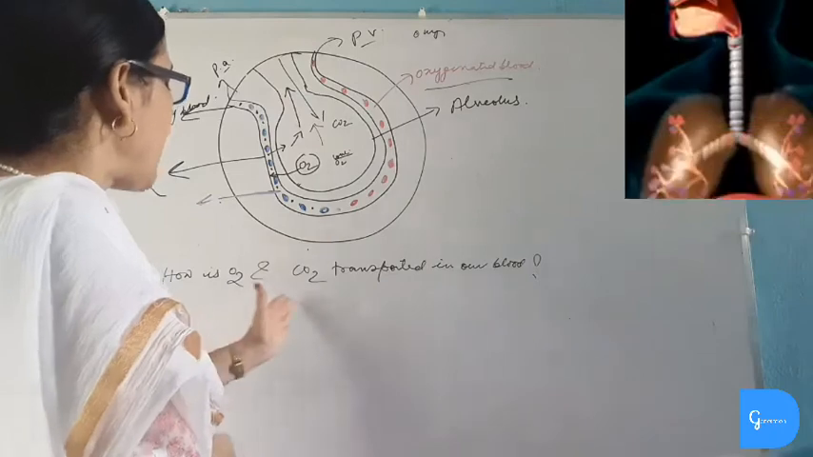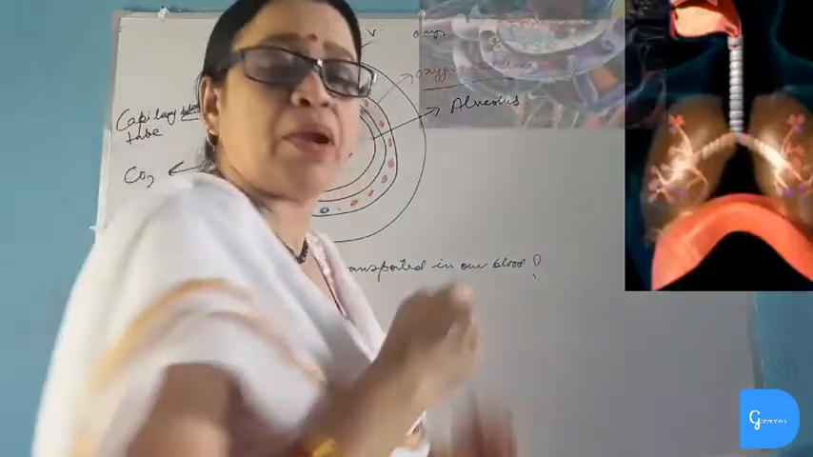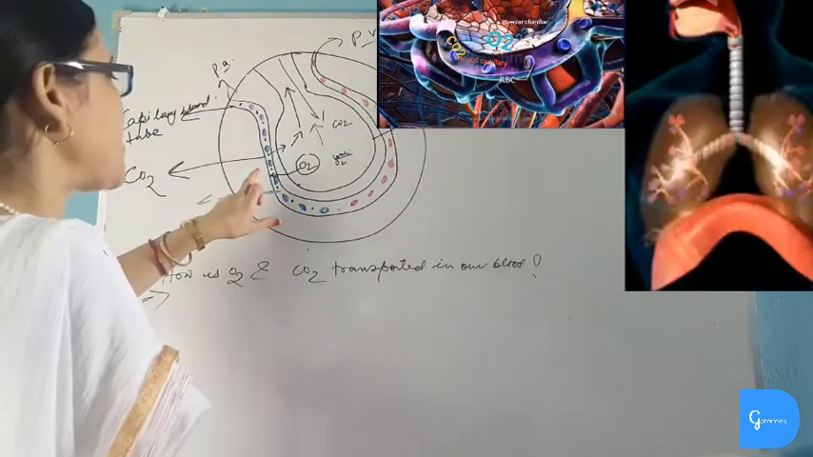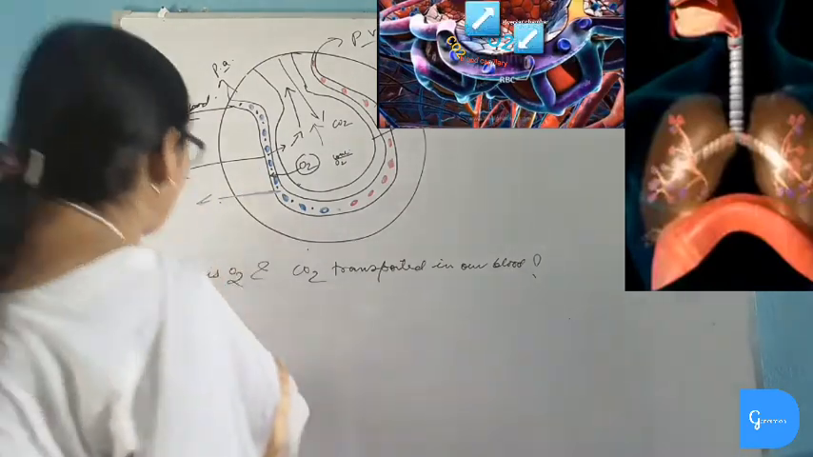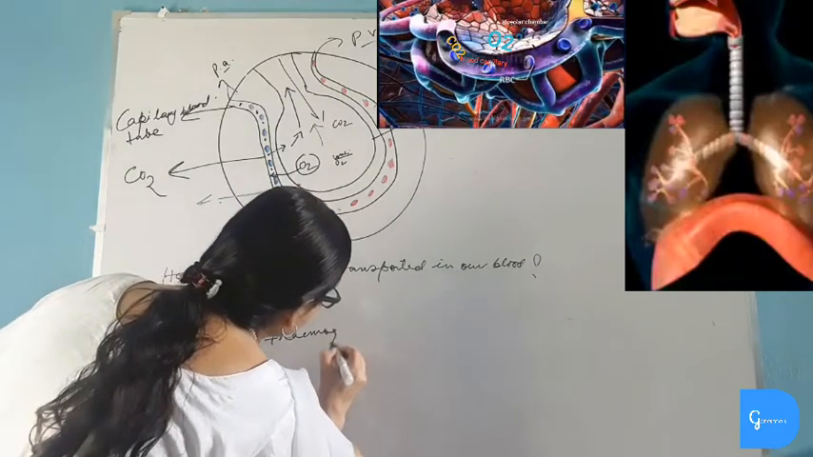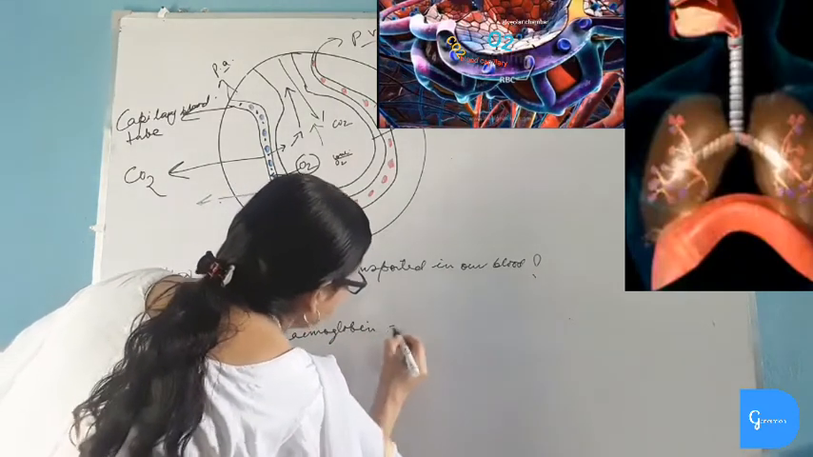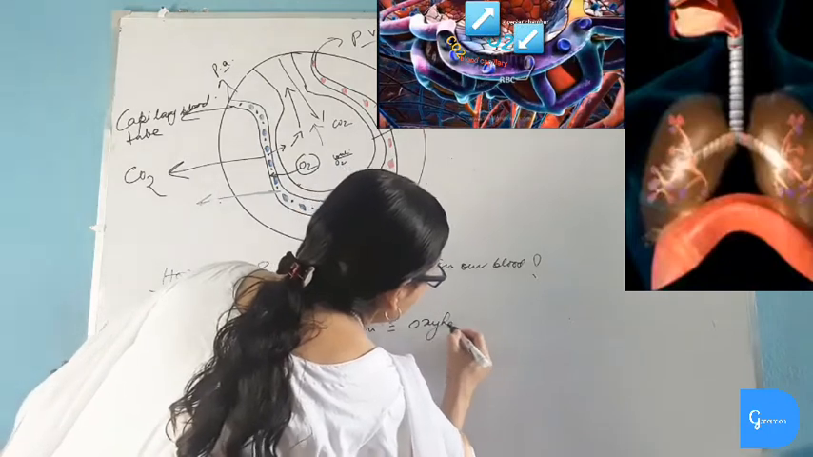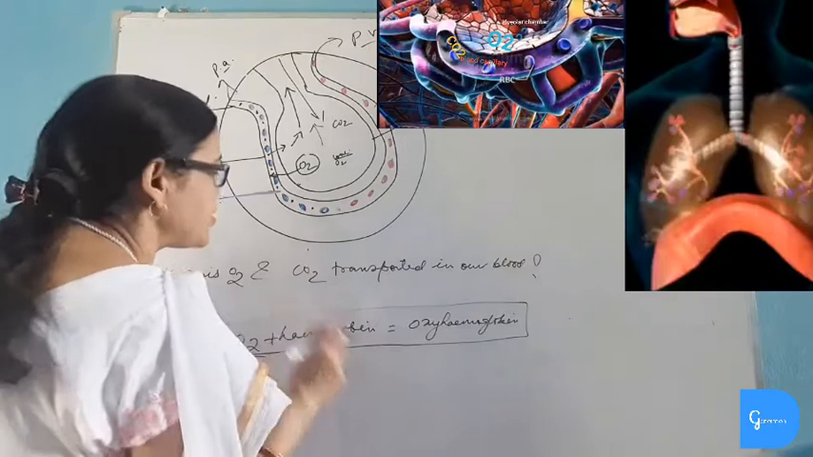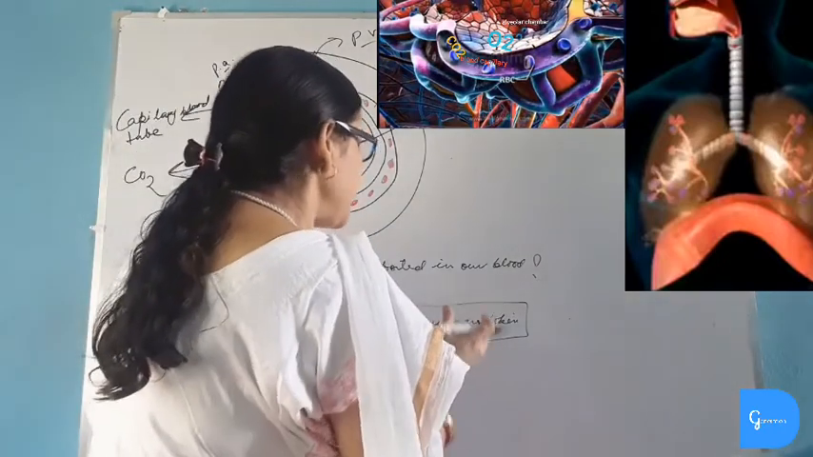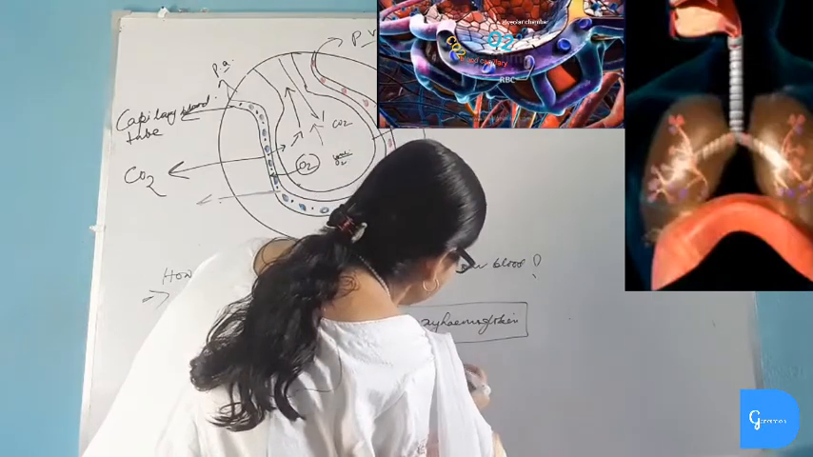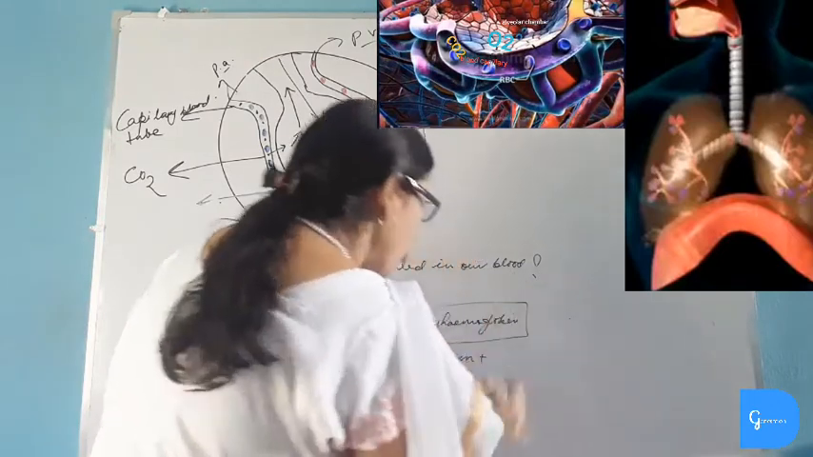How are oxygen and carbon dioxide transported in our blood? Oxygen combines with hemoglobin present in RBC and forms oxyhemoglobin. Oxygen plus hemoglobin is oxyhemoglobin, and when this oxyhemoglobin reaches near the tissues and cells, then this oxygen is released from the hemoglobin, and